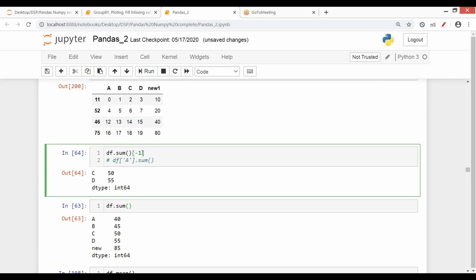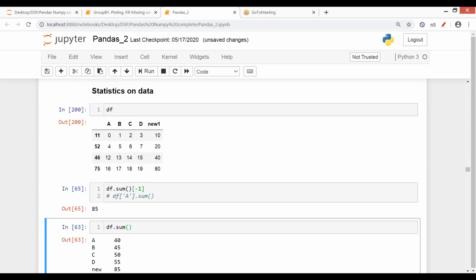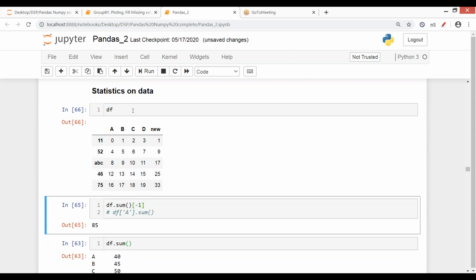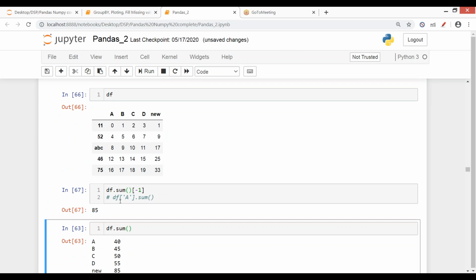Just this one. What is my data frame actually? This is my data frame. For this it is correct. वो दूसरा data frame था. We had new one on that one.